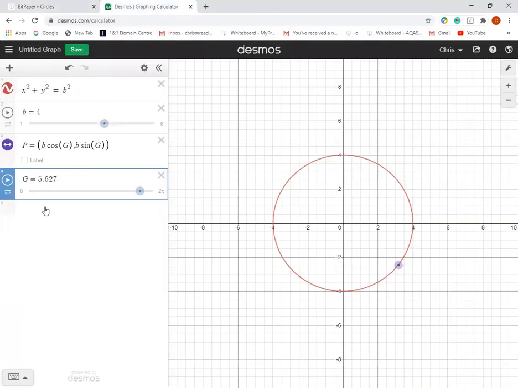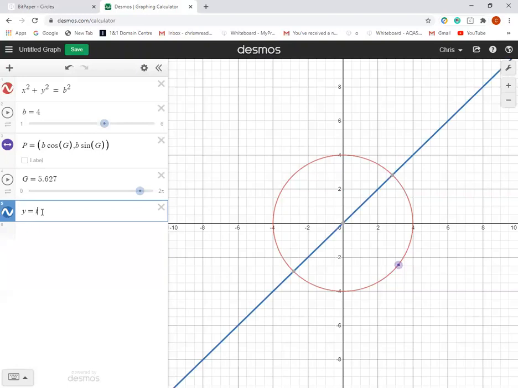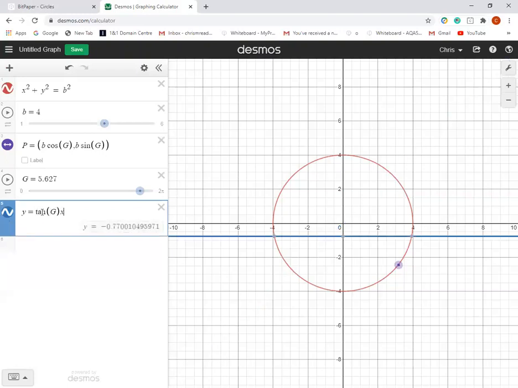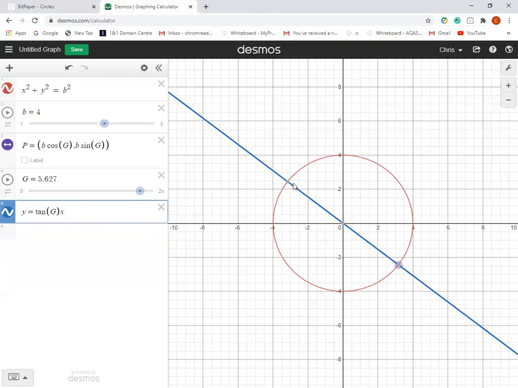So we come back to here, put a new line in, y equals tan g x, and then you see the line is going all the way through because we haven't limited it to just being inside the circle. We can do that actually with a range. So if I say 0 is less than or equal to, if you do less than or equal to, you'll see it actually replaces it with the combined sign for less than or equal to,